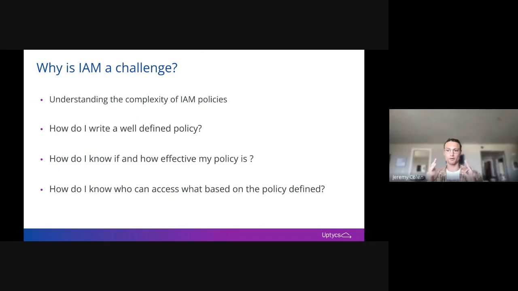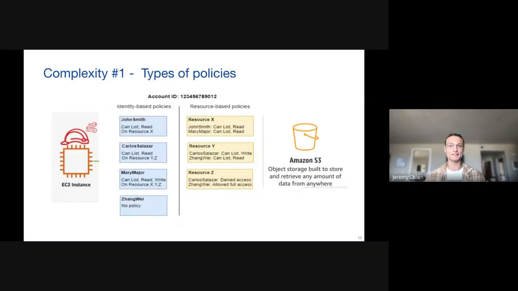Yeah, and just to hone in on that last point, framing the question of who can access what is really the fundamental question of identity. It's a simple question at the end of the day, but it gets increasingly complex with these layers of policy on top of policies. It makes it difficult to understand what a resource or a human role can actually access and interact with. So I know you mapped out these 3 different use cases and complexities, and I'm excited to dig into them. This is how we might traditionally break it down with identity versus resource, but maybe walk us through these allows. Yeah, absolutely.